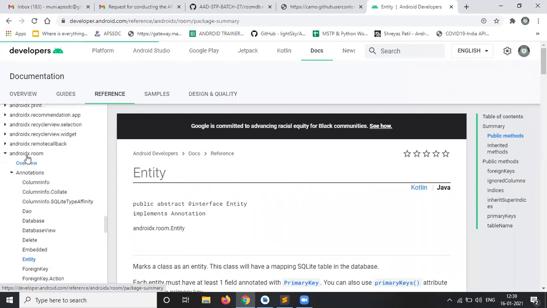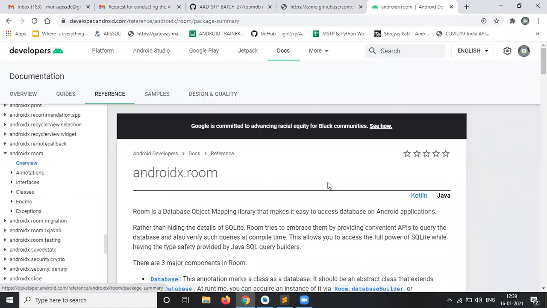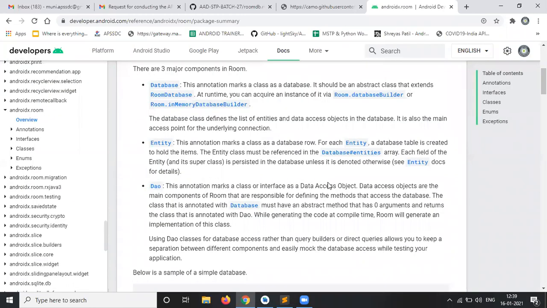When we click on Android X Room overview, it will render the official website. Oh, there is no architecture.